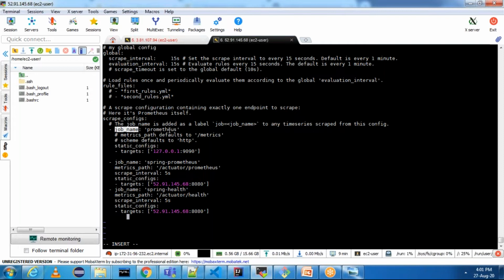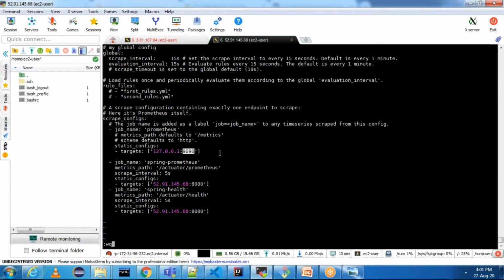The first job name is Prometheus, which will point to the /metrics endpoint. The second job is Spring Prometheus, which will point to /actuator/prometheus. And the third job name is Spring Health, which will point to the /actuator/health endpoint. And all of them are running on 8080, but the first one is running on 9090. This is Prometheus default metrics.